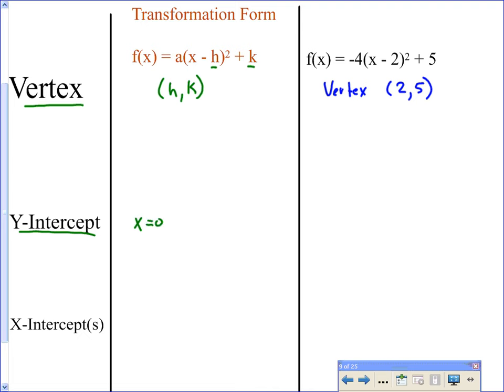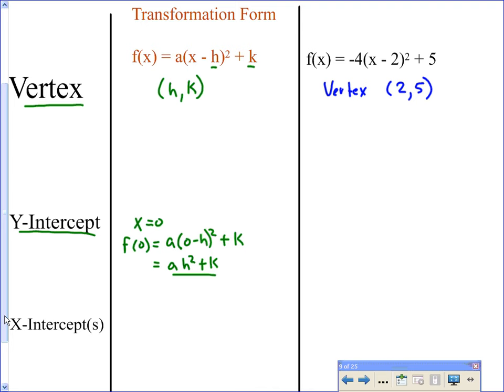And if x is 0 and we find f of 0 in this equation up here, then we've got a times 0 minus h squared plus k, which is going to give me a times h squared plus k. So that's going to be the formula for my y-intercept. Here, this would be my formula. So if I use that formula over here